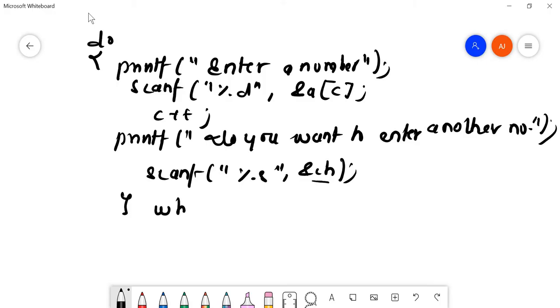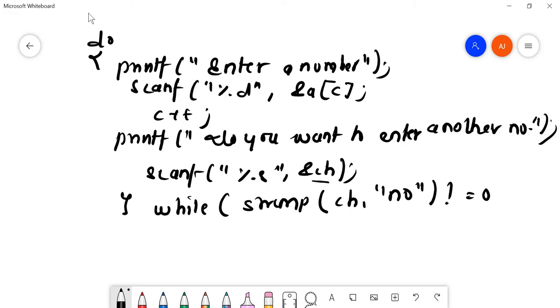So I'll use the condition like this, while string compare, okay, ch and no. It means that if the user enters no, it will compare it, while it is not equal to 0. So you know that string compare function, if I enter no here, it will compare no, and the value will become 0. Fine.